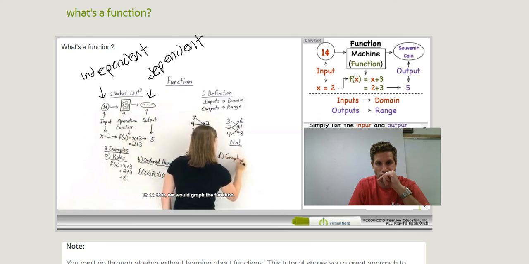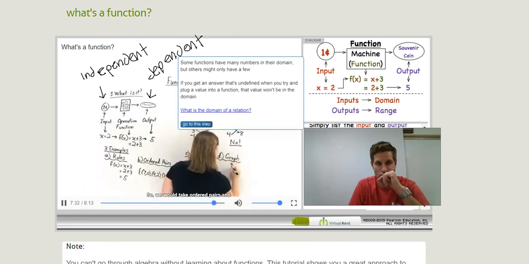To do that, we would graph the function. So we would take ordered